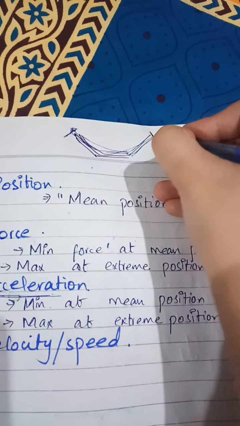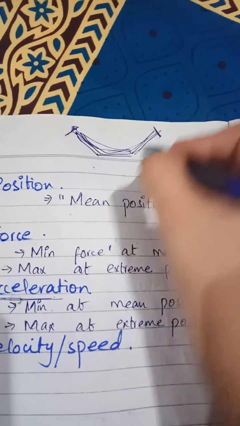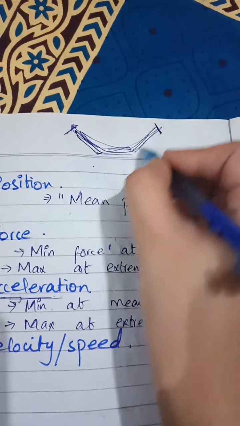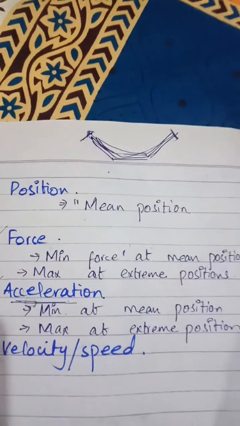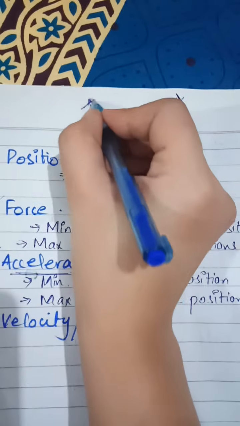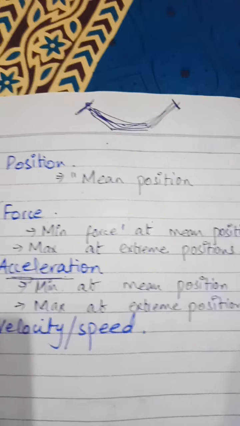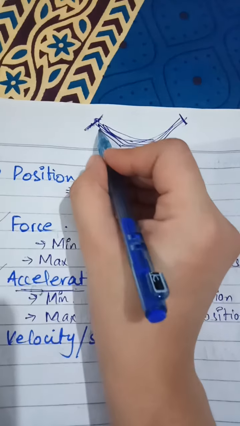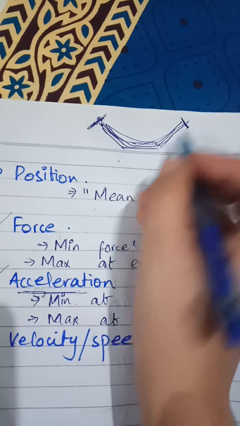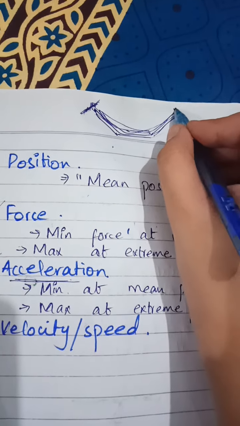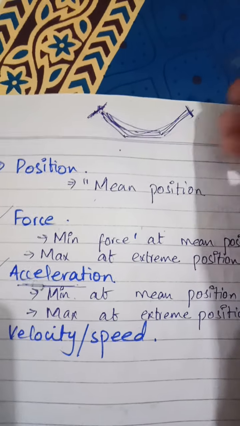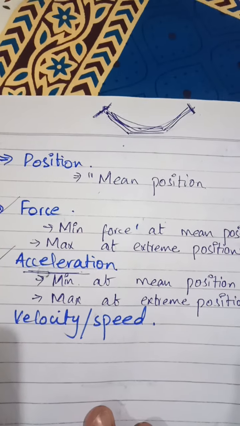Again, it will go to that point, feel a jerk, and then move down. So it will keep on oscillating between these positions. What will happen when we feel that jerk at that point? For even a second or a nanosecond, the body stops for a moment and then comes back. Then at the other extreme position, it stops for a second and then goes back to its mean